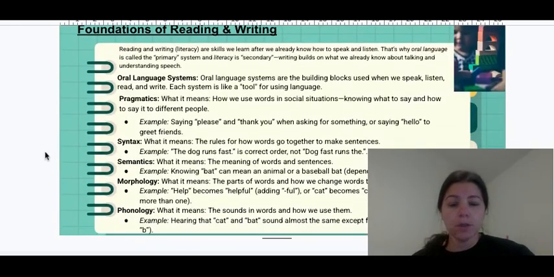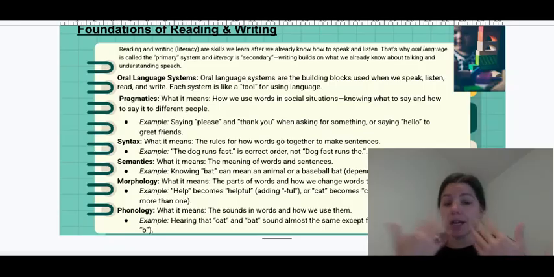Before we get into writing specifically, we have to talk about the foundations of reading and writing. And when we think of reading and writing, we think of literacy, right? Those are skills that we learn after we already know how to speak and listen. And the key word there is after, because oral language is our primary system, right? We were born to speak, we were not born to read. And that's why literacy is considered a secondary system, because writing builds on what we already know about talking and